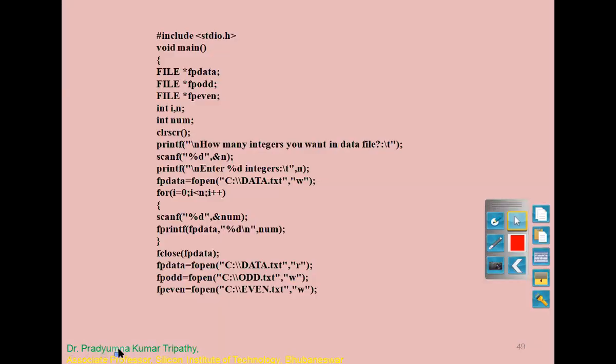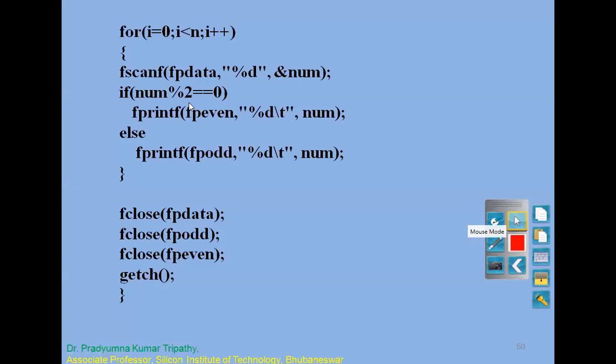So just look over here. I have some numbers entered in the file. Correct? Some numbers are entered into the file. So this is input and written into the file. You have to use this. Then I have used two other files over here, even and odd. Both are in write mode. And what I have done, I found num modulo 2 to find whether it is even or odd, and I go for either even